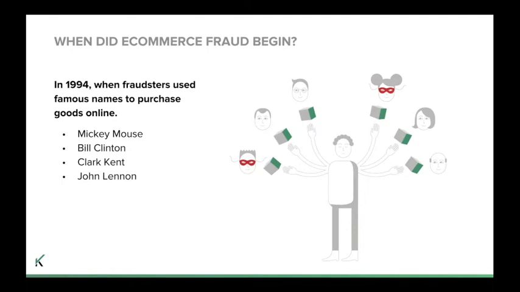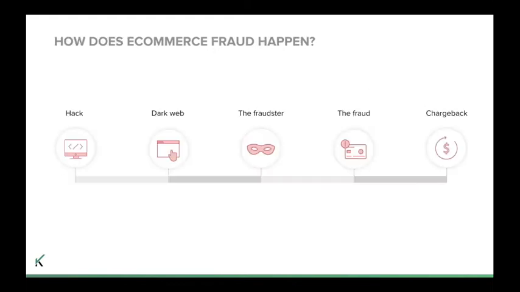So the how of e-commerce fraud is a bit more complicated than the first 3 W's of e-commerce fraud. So we'll spend a few more slides going over that. Let's take a closer look. So how does e-commerce fraud happen? Again, it typically happens in 5 stages. Generally, there's a hack to start. The purpose of the hack is to steal that personally identifiable information, and that information is then sold on what's known as the dark web. And that's essentially the medium where the fraudsters purchase information that they ultimately use to commit fraud.